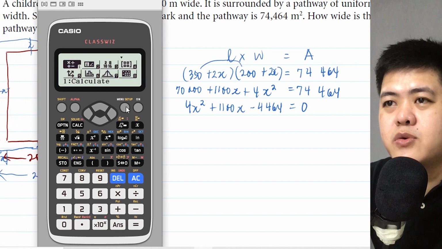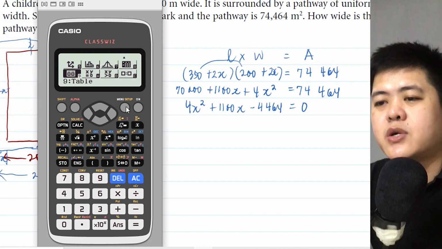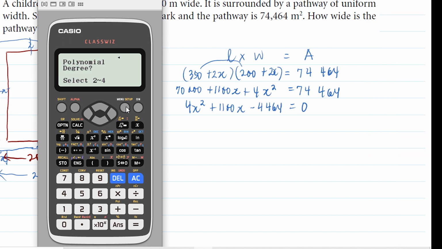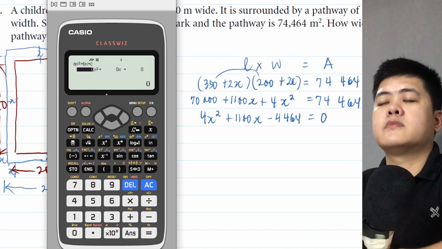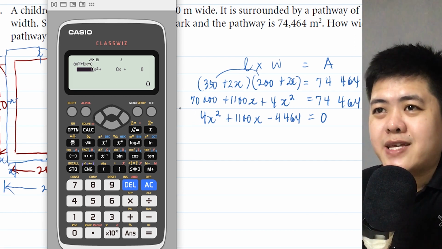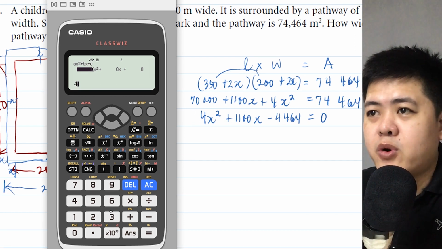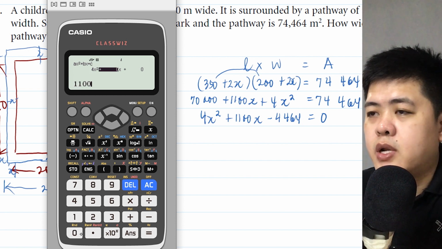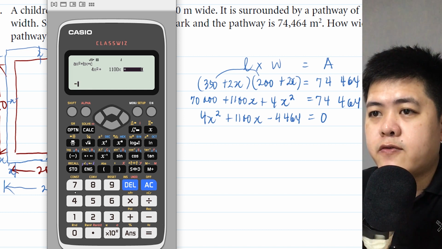So, let's go to mode and then hanapin nyo lang ulit yung equations. And then, polynomial of degree 2. Okay. So, solve na natin. Let's plug in the values. We have 4 equals, and then 1,100 equals, the negative 4,464